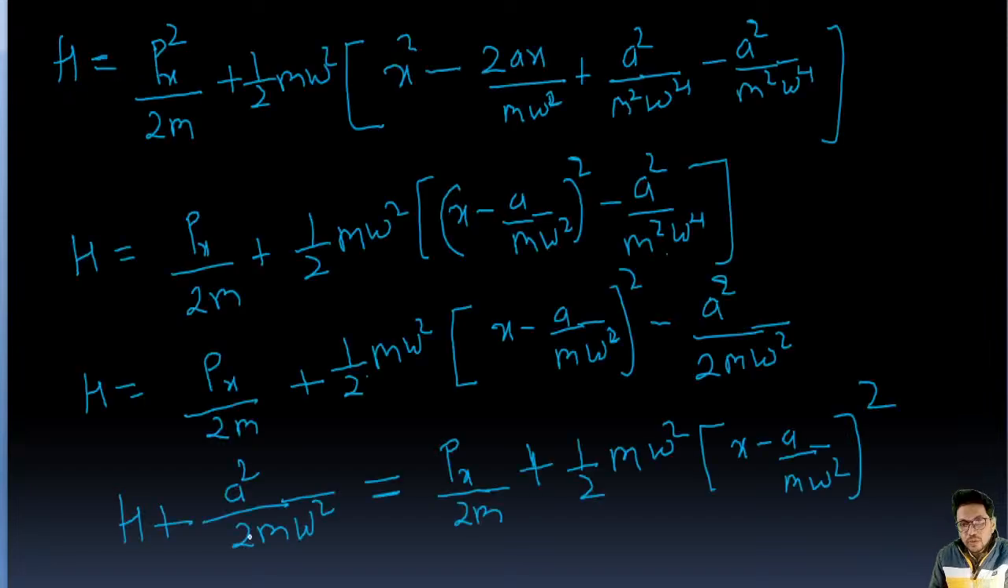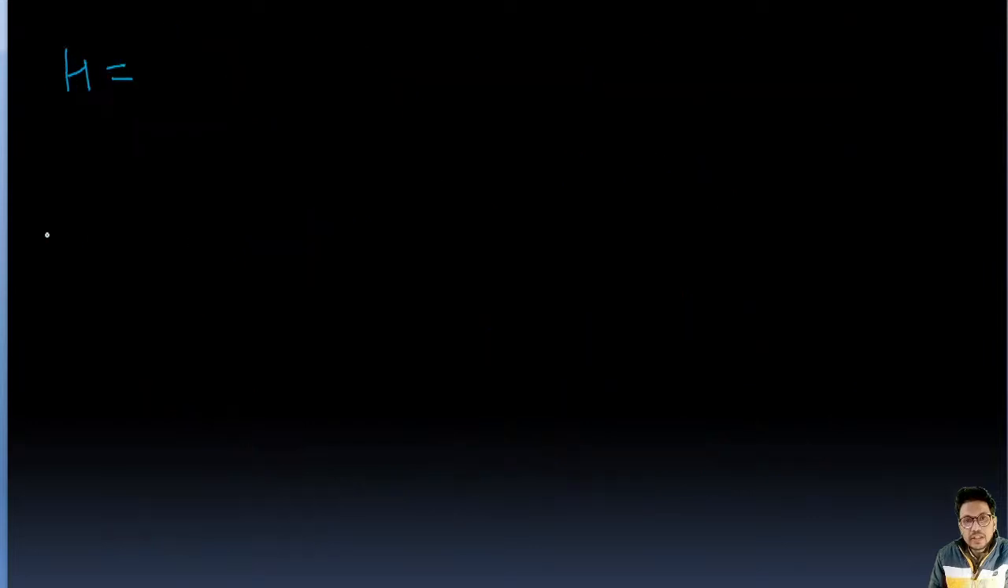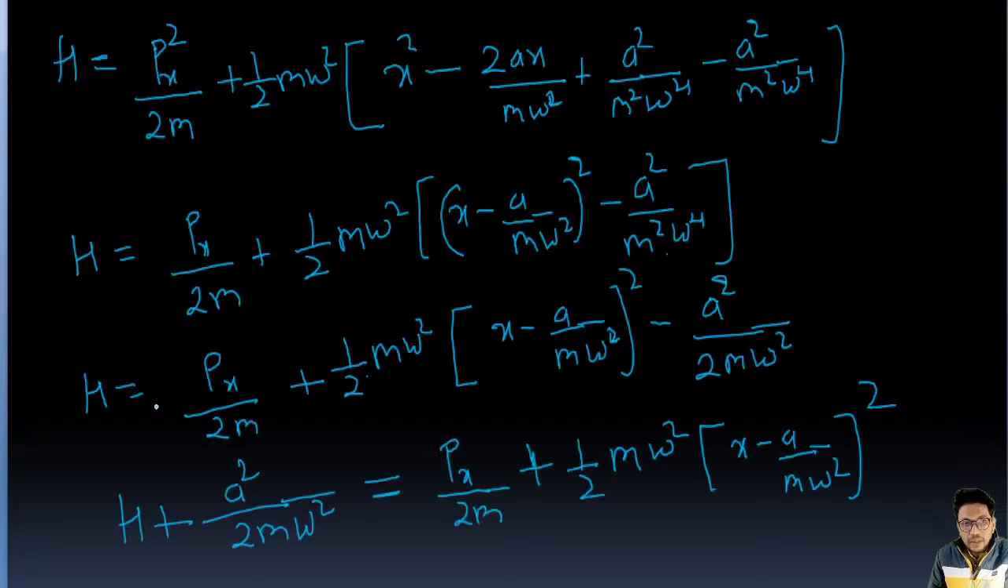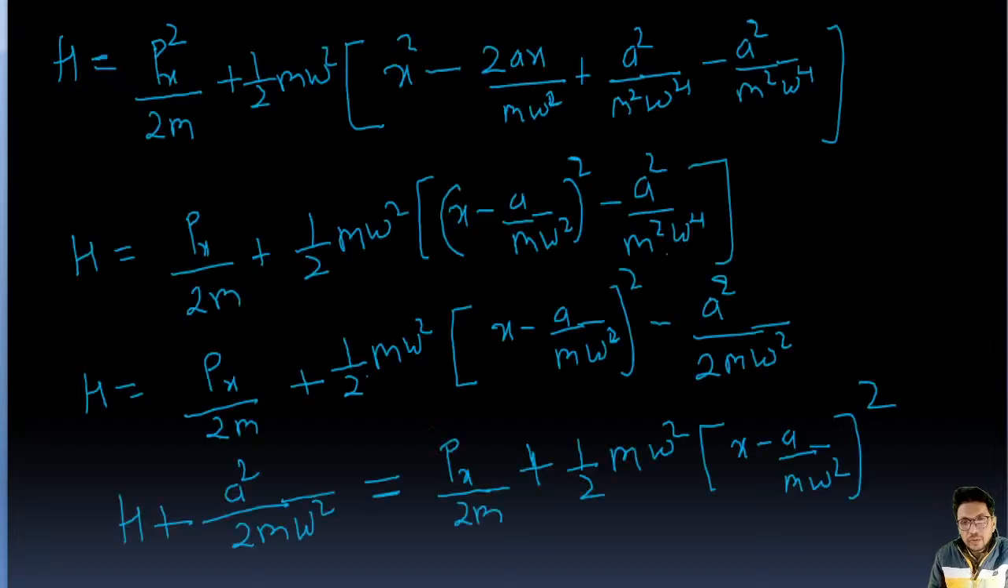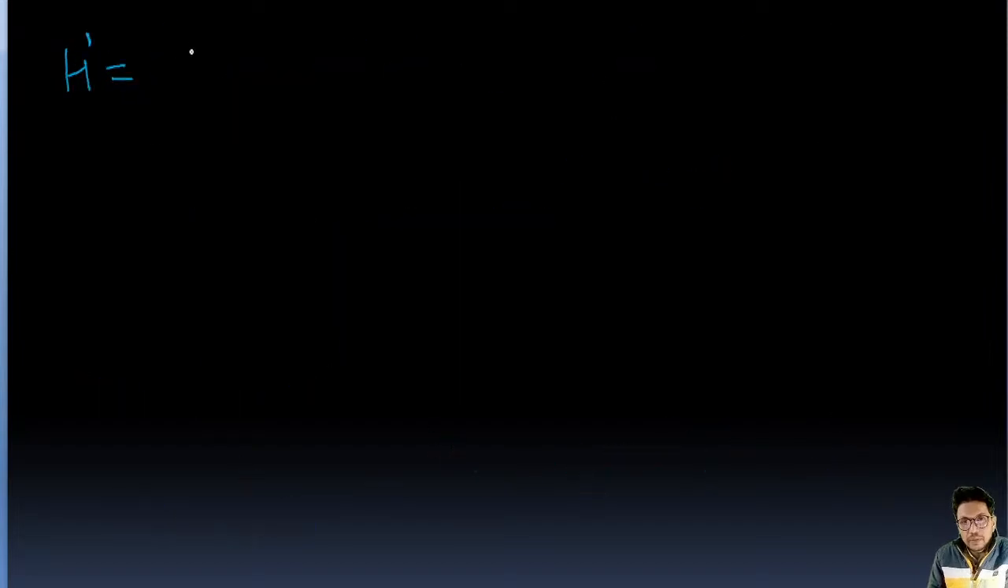So now this is going to be H plus a square upon m omega square. Let's say this value is H dash, and this value is x dash square, we can say. This equation is now going to be H dash equal to half m omega square x dash square, where